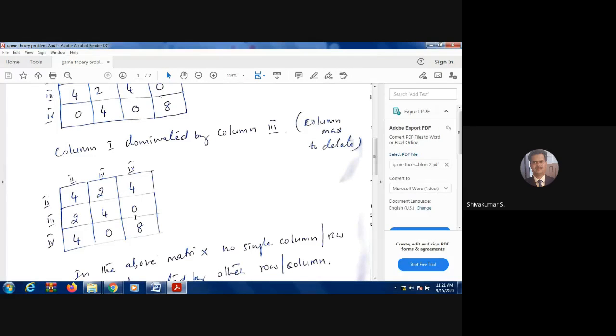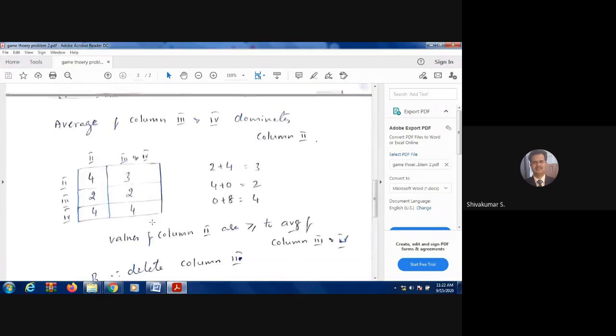Now we go for the third and fourth columns. We are going like this. See, 4 plus 2, 3, and 3 less than 4. 2 plus 4, 6 divided by 2, 3, and 3 greater than 0. One is more, one is less, so this combination won't work. So we go for column 3 and column 4. 4 plus 2, 6, 3. 4 plus 0, 2. 0 plus 8, 4.